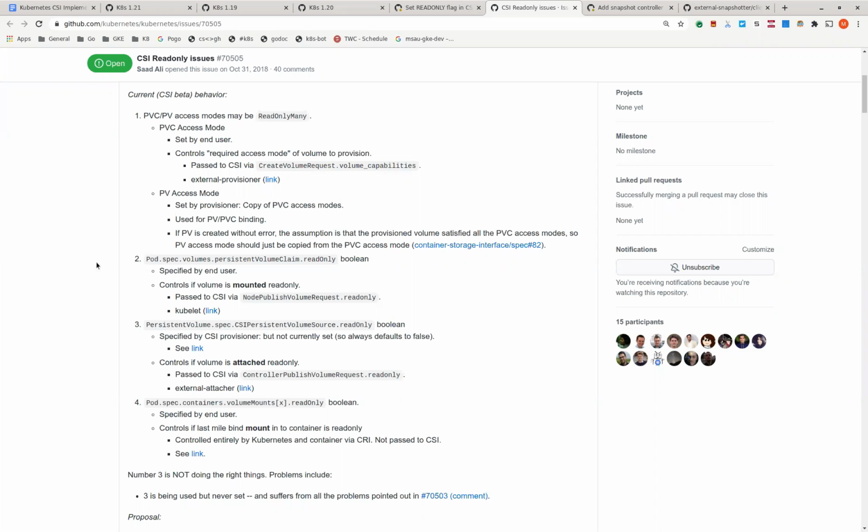And you don't have any customers complaining about this in your case? No, I mean, read-only is kind of a weird thing to do anyway. It's not the most common use case. No, we don't have customers that want to get read-only working better than it currently is. Okay. All right, sounds good. Any other topics?